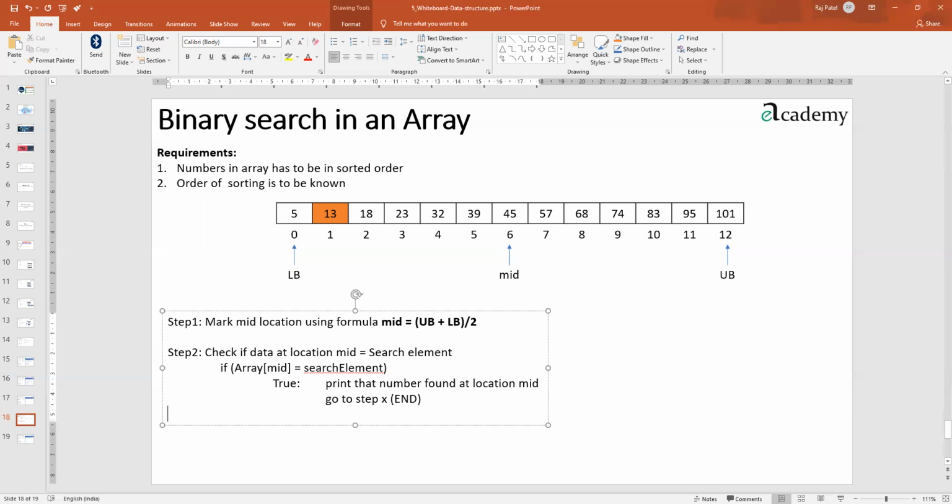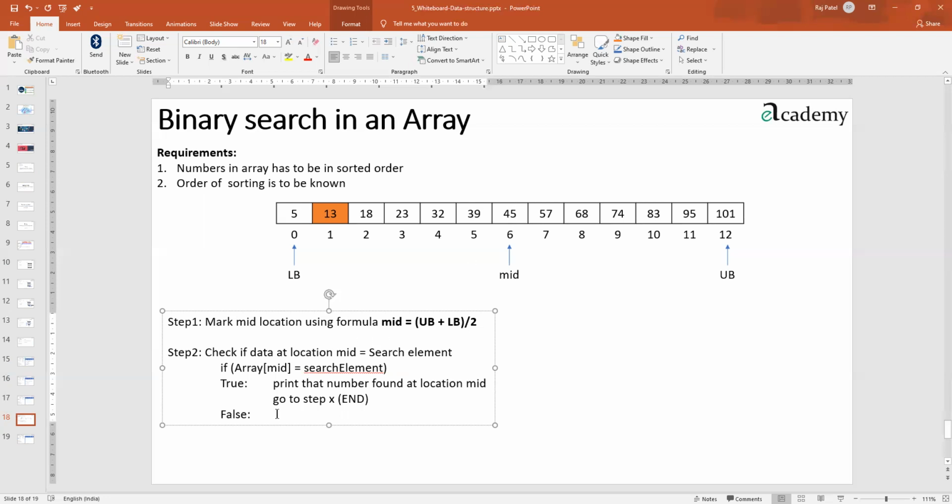But what if false? In case of false, we are required to do something. If this is not the number to be searched, then we have to check some more things: is this number bigger than the number to be searched or smaller?